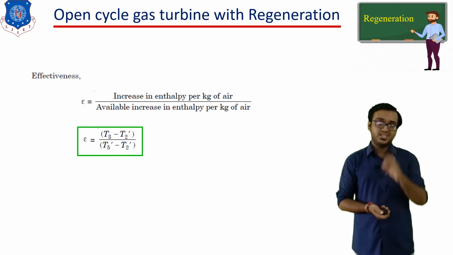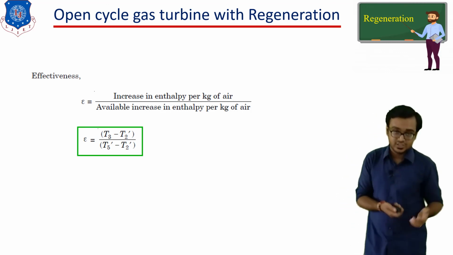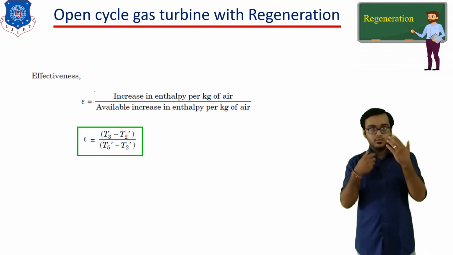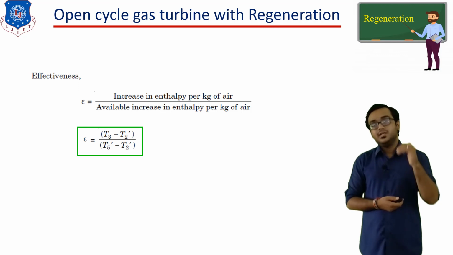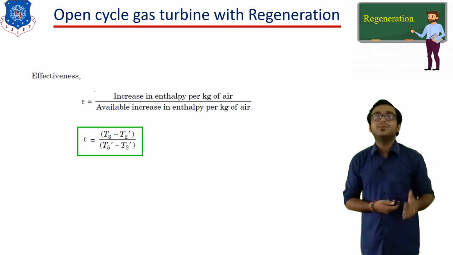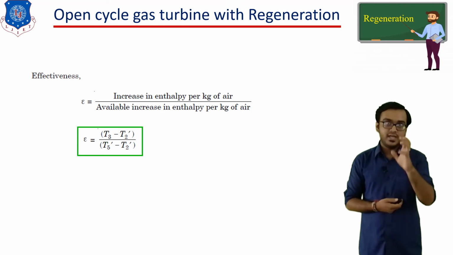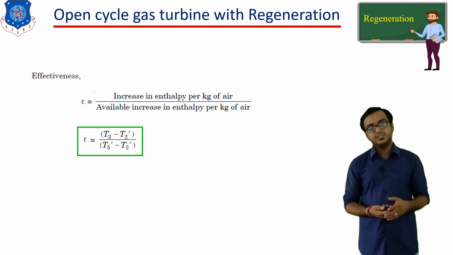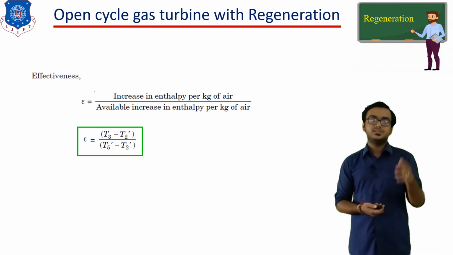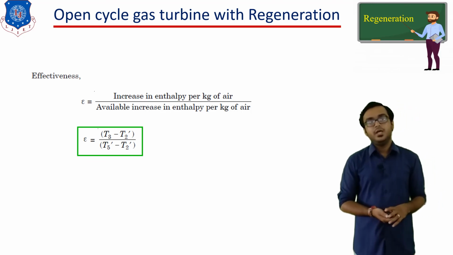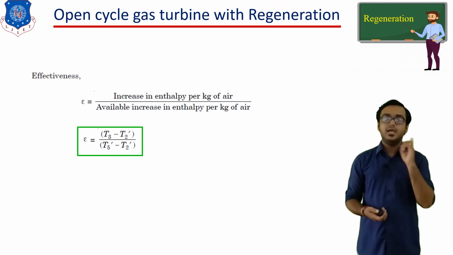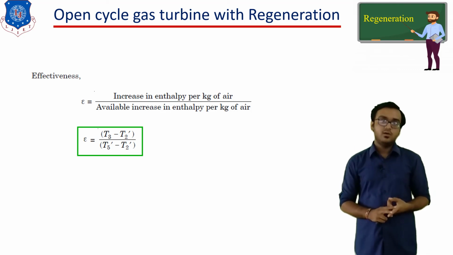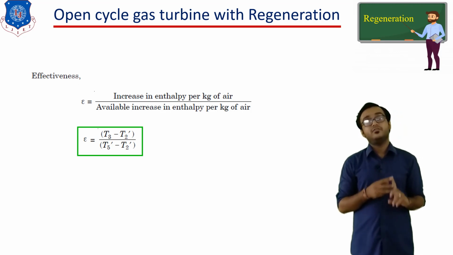So it is all about the effectiveness associated with the use of the heat exchanger. If the value of effectiveness is high, then it will give a higher heat transfer rate, which leads to a situation where we can minimize the fuel supply rate so that we can improve the efficiency of the plant. Okay, so it is all about the regeneration. Basically, we have discussed the three techniques by which we are able to improve the efficiency of the open cycle gas turbine, namely intercooling, reheating, and regeneration.